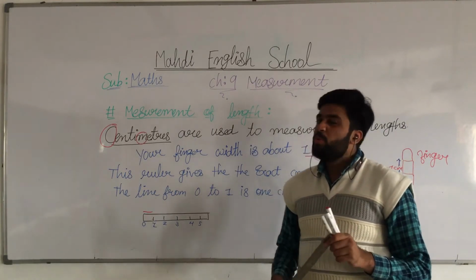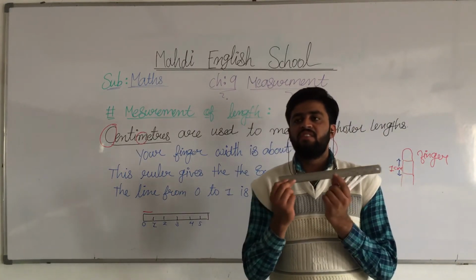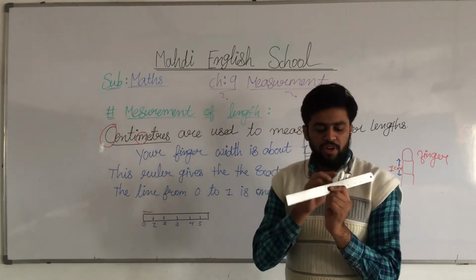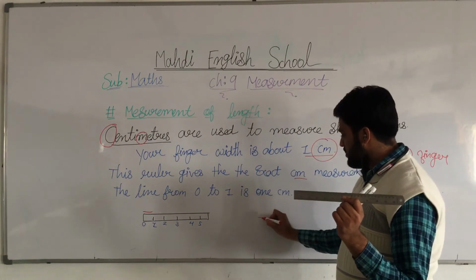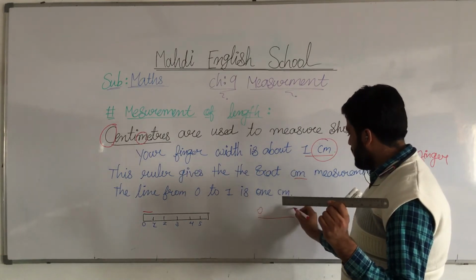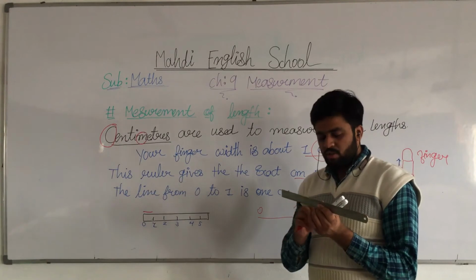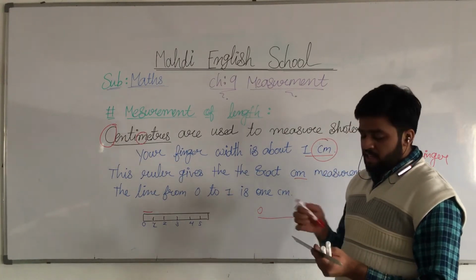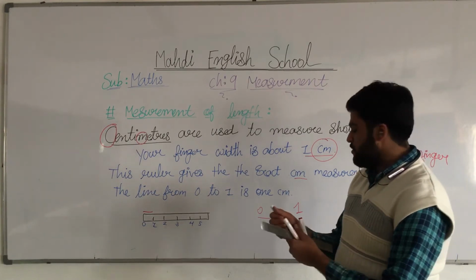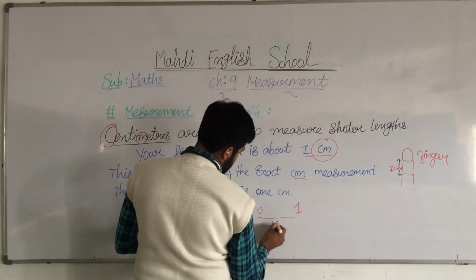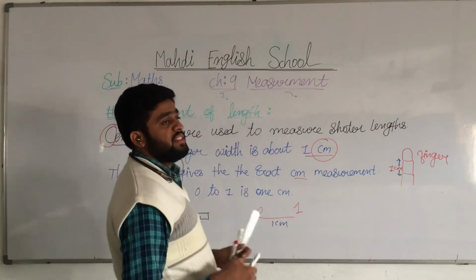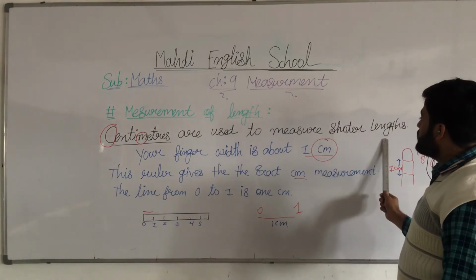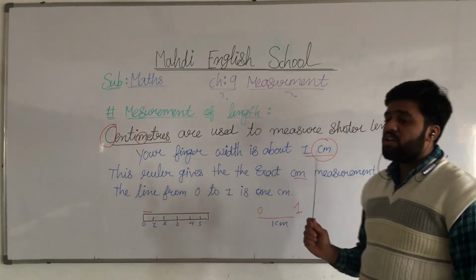Okay, now I hope you have a scale. So you check this is 0 to 1. My dear students, 0 to 1, check exactly that, and this is a scale, and this is 0 and 1. Okay, 0 to 1. So 0 to 1 is the total length, means the measurement is what? How many centimeters? It is 1 centimeter. And when do we use the centimeter? Only for shorter length. Only for shorter length.